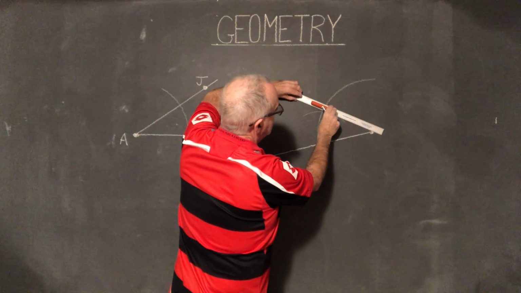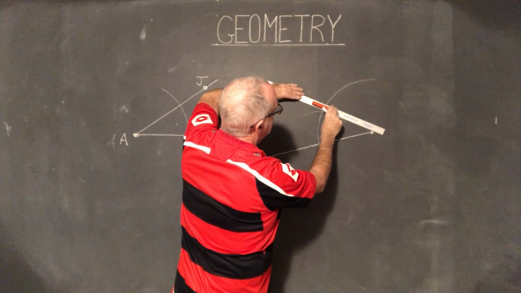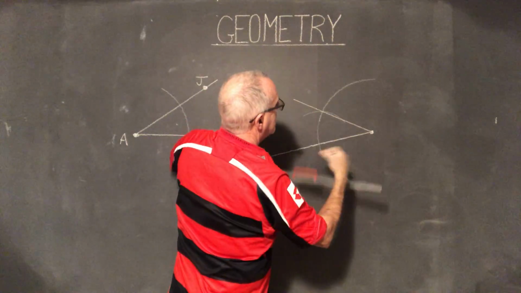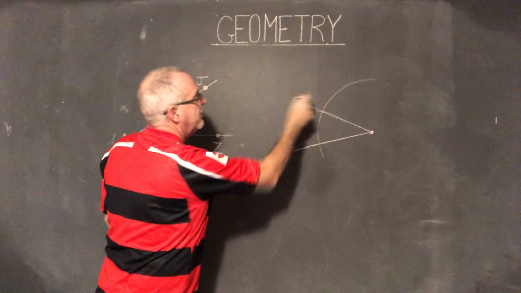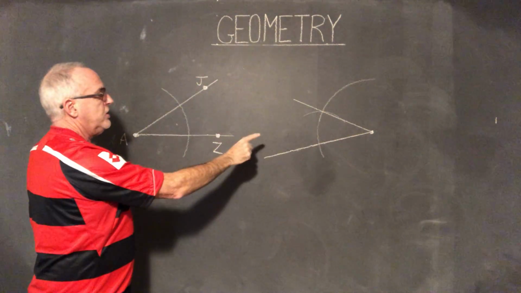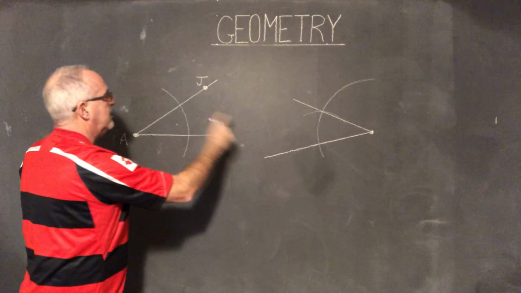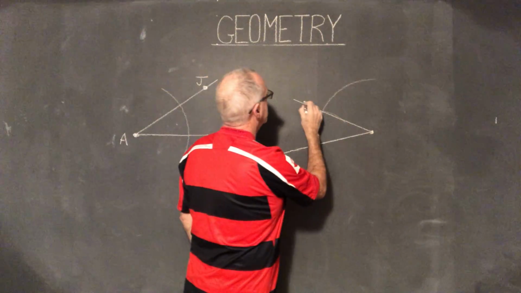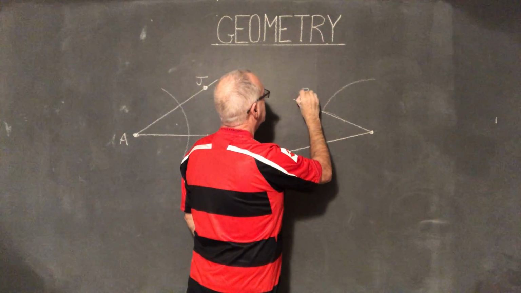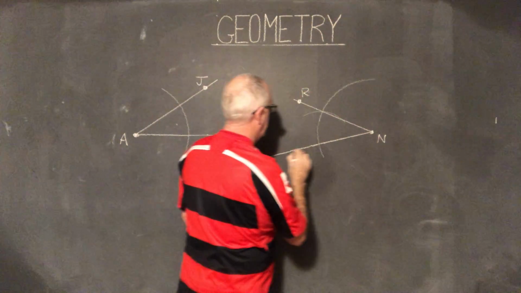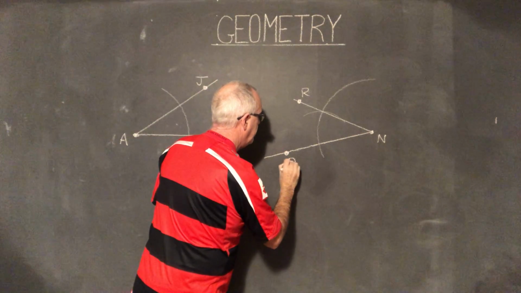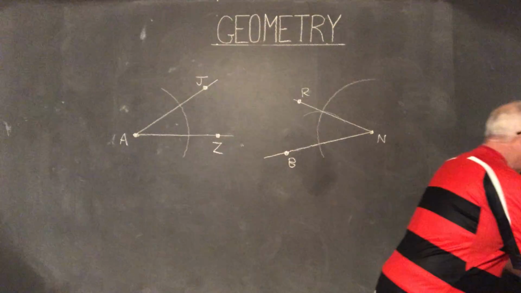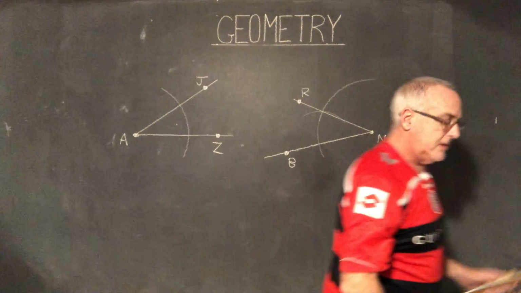So I'm going to draw there. From the vertex I was using through the point of intersection of those two arcs, and I should have an angle that is the same measurement as this one, JAZ. I'm going to call this angle RNB. Okay, now let's measure it, because it's time to move on to my next topic, which is drawing circles